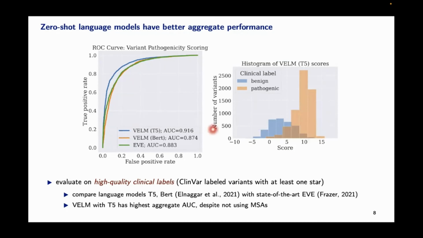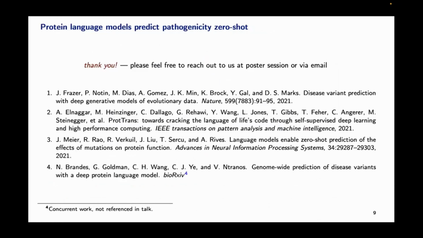We also have results in the paper on per gene performance that you can aggregate by taking weighted averages, and there we perform comparably to Eve when you restrict to proteins that have a decent number of labels, like 5 or greater labels, and that makes that statistic, the mean AUC over genes, less noisy. So these results show that these language models are able to predict pathogenicity zero shot. We think this is a super cool result.